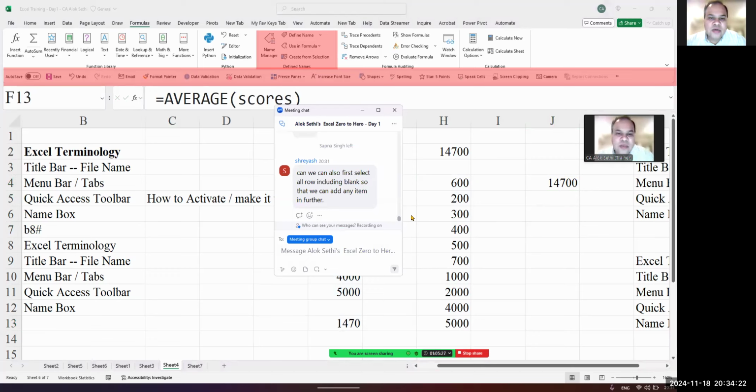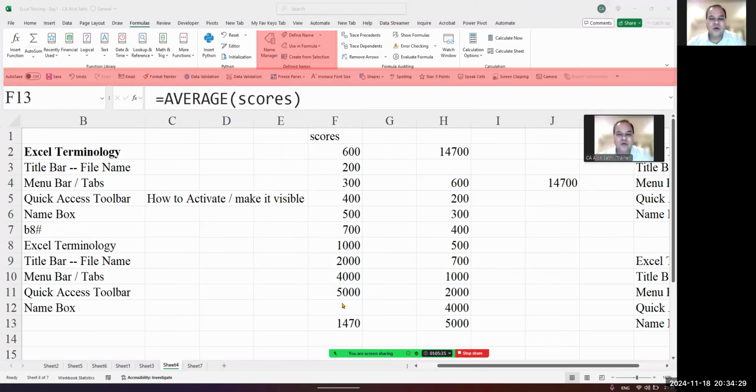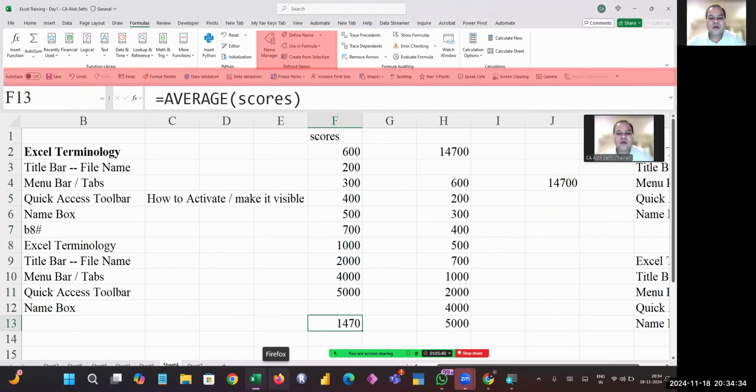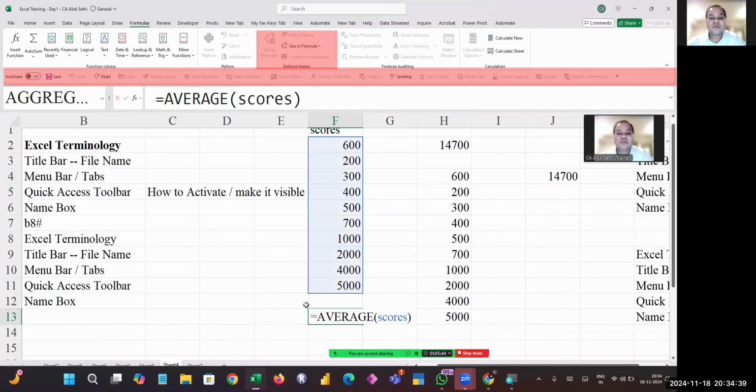So can we also first select all the rows including blank so that we can add any blank item? Yes, definitely we can do that. I'll tell you, what you are saying is right. सर, ये 1470 का लिखा हुआ आया, नहीं आया था अभी। आपने लिखा एवरेज का फंक्शन, तो आपने कहा था बिना एंटर करे 1470 आ जाएगा। हाँ आएगा ना, वो सेलेक्ट करने पे आएगा, ऐसे नहीं आएगा। अच्छा, इसको सेलेक्ट करना पड़ेगा। हाँ। When you select the formula with the notation it will give you the answer on top of it, जब आप सेलेक्ट करेंगे उसको तभी, ऐसे नहीं।